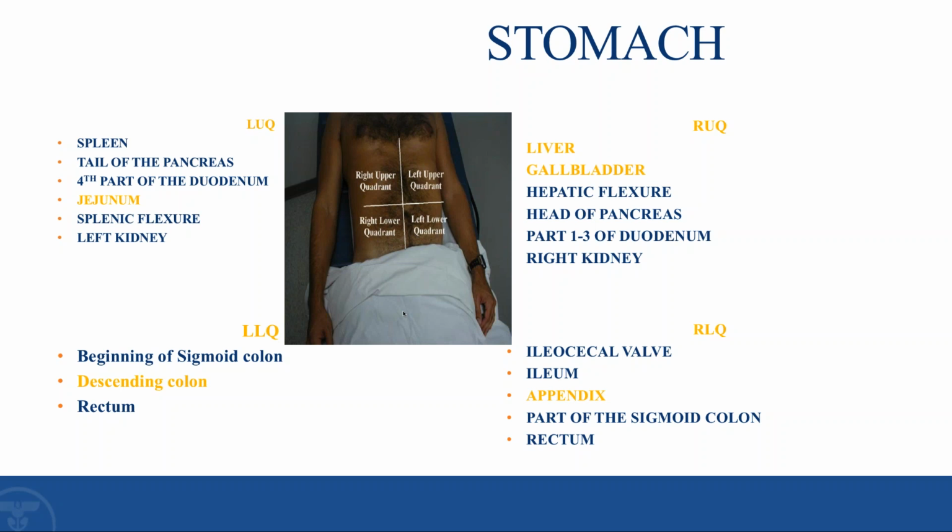So these quadrants are explaining to you what can be found in each, right? And what you see highlighted in yellow or in gold are the main ones I want to make sure that you know. So it's great if you're able to put this diagram, or these sections of what can be found in each, in your book, because when it's time to code for anesthesia, sometimes they'll say